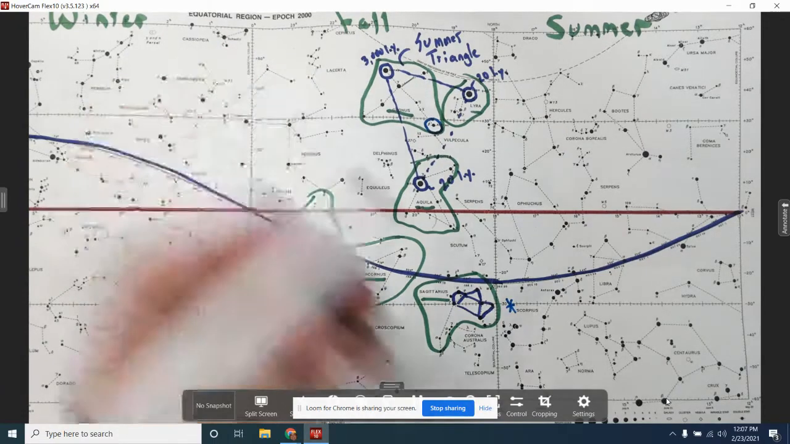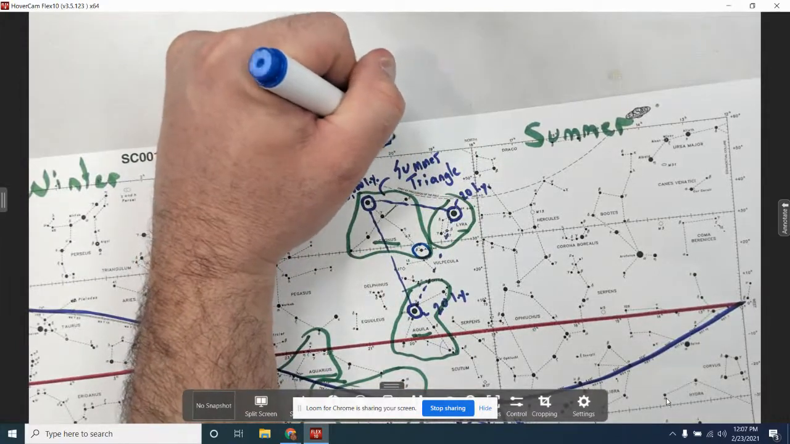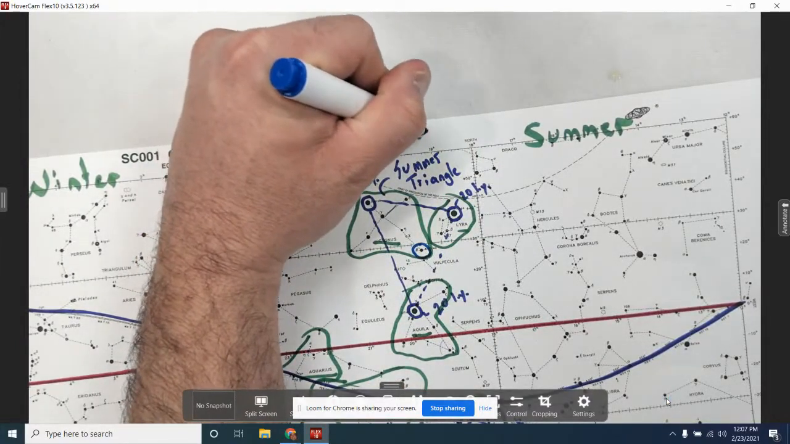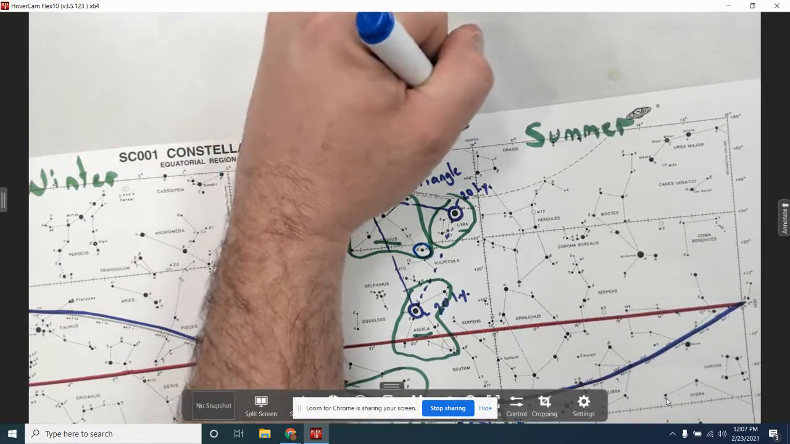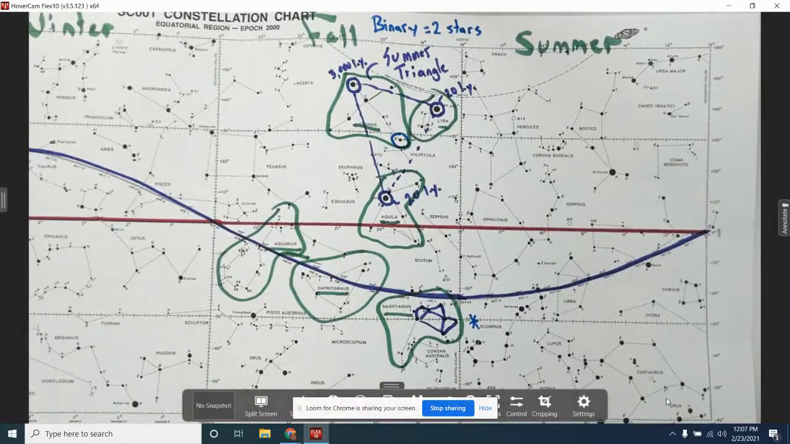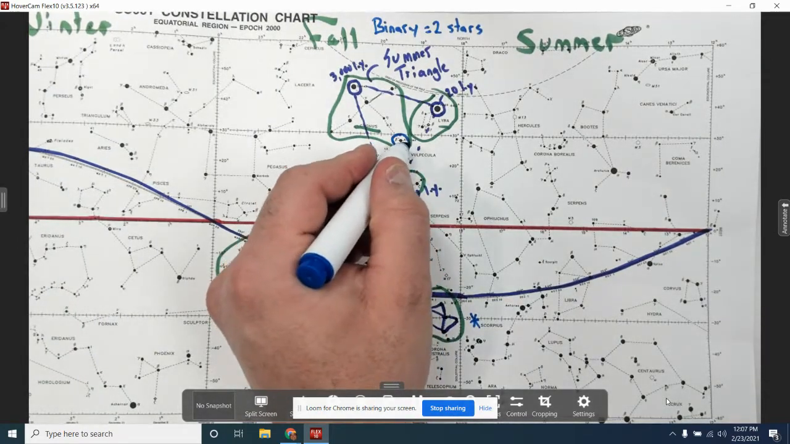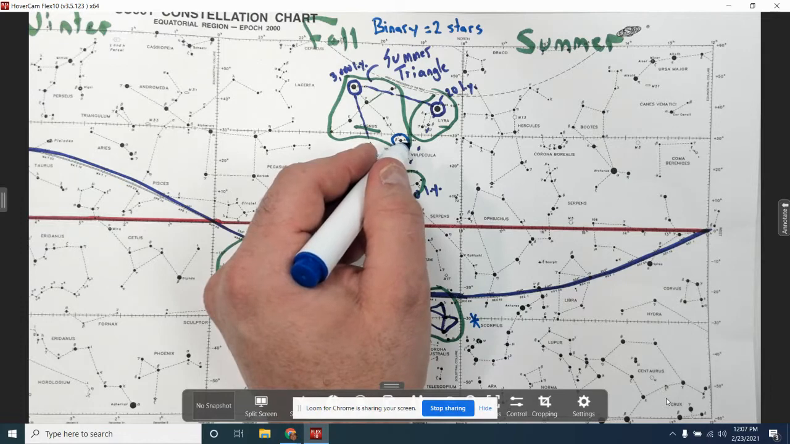It's called Albireo. Albireo is what we call a binary star. All right. Binary means 2 stars. It's 2 stars orbiting each other. Now, that's not unique. Binary stars, actually, most of the stars in the sky actually are binary or more. They're not single stars, so that's kind of interesting to think about. But this particular binary star system is unique because it has a large blue star and it has a large